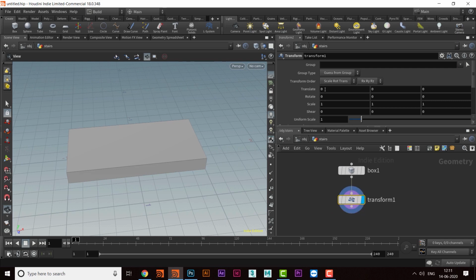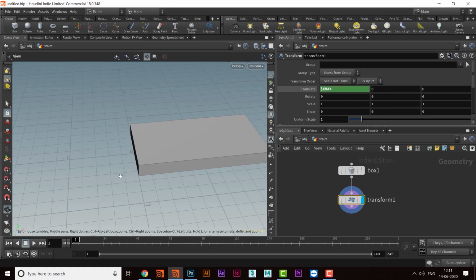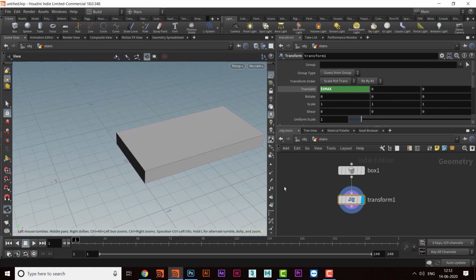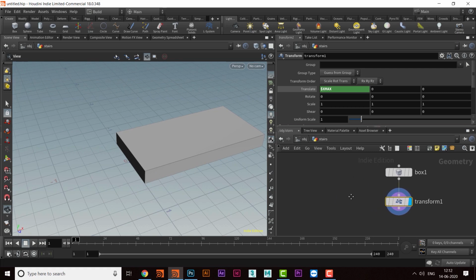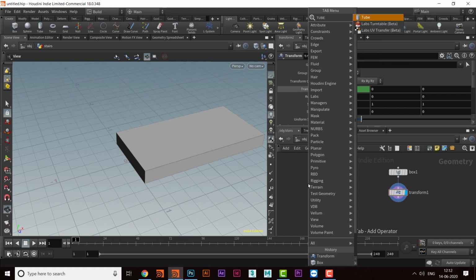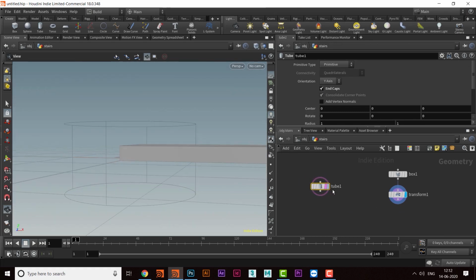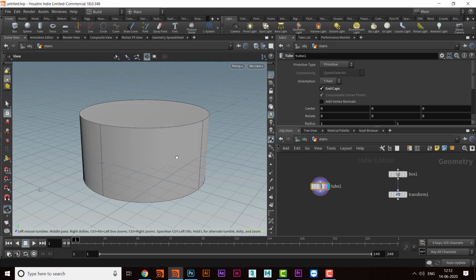So what I will do, I will come here and then write down an expression that is dollar x capital, that is x max. Okay, so now I'm here, x max. Okay, and then I also have to create a pole around which the stairs will revolve, and that will be a tube. So let's take a tube, end caps,